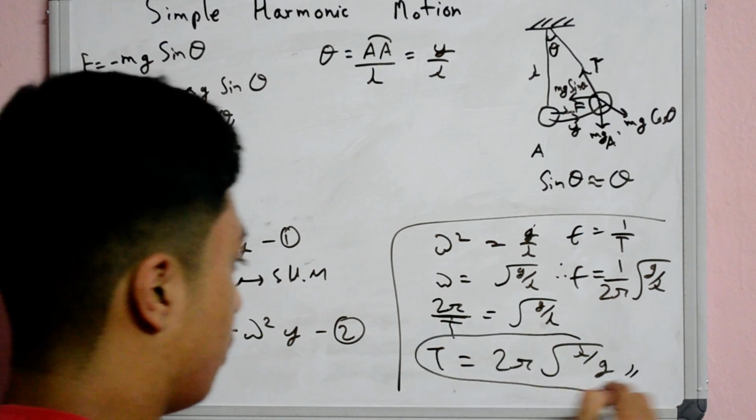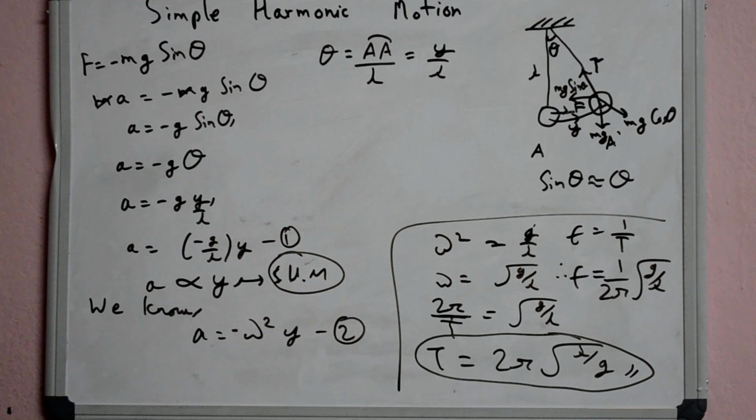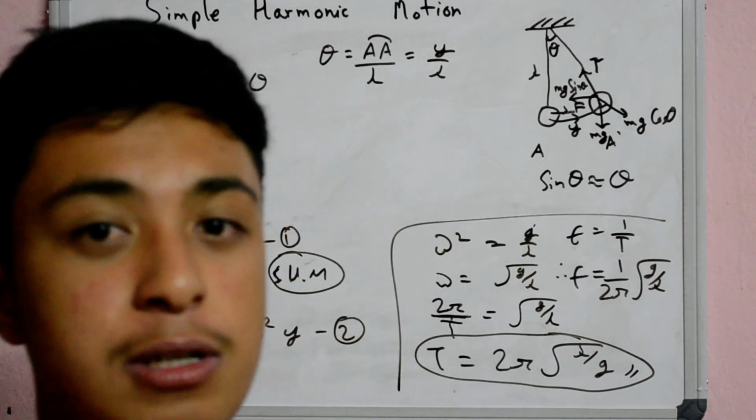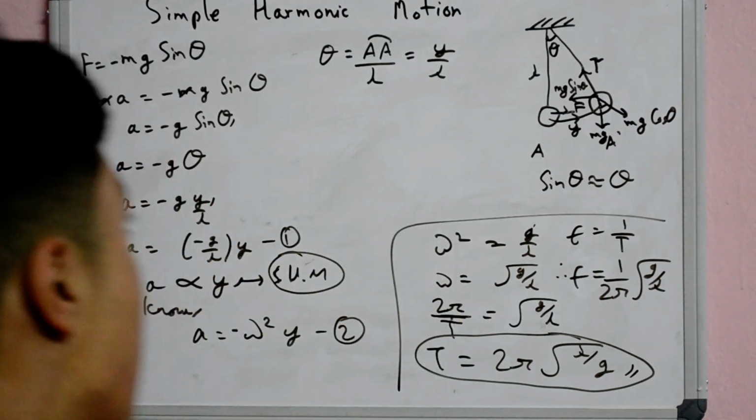Now we have the time period, and we have proved that this is simple harmonic motion, so this is what is required for the pendulum part. I will cover the mass spring system and the angular simple harmonic